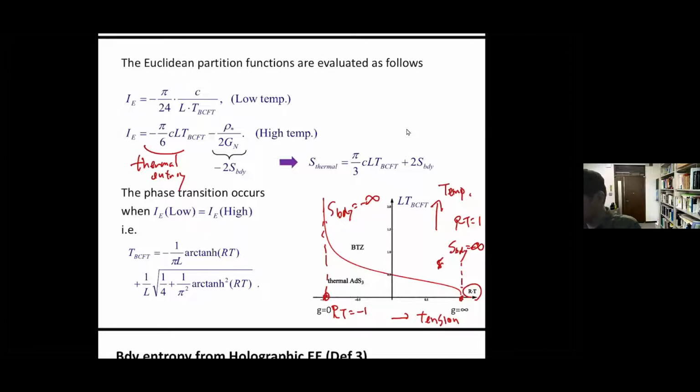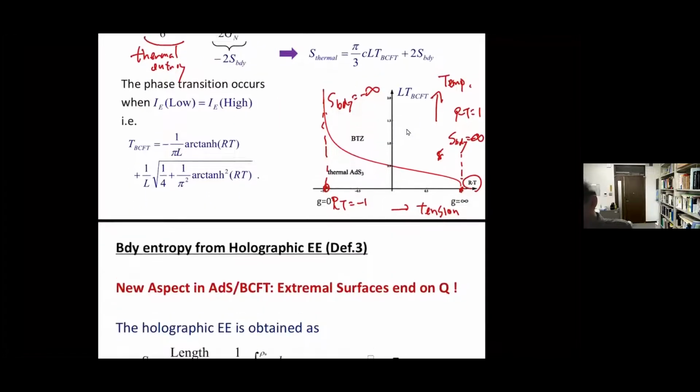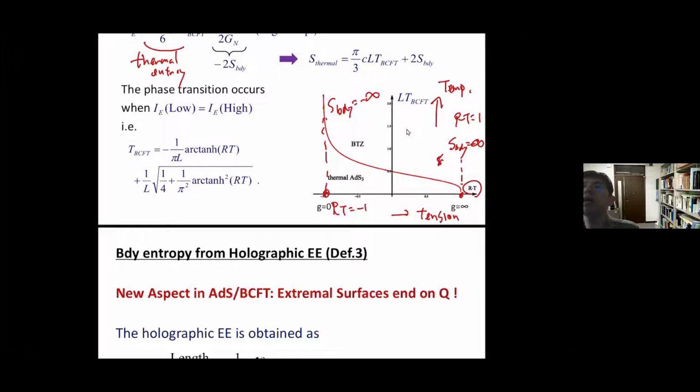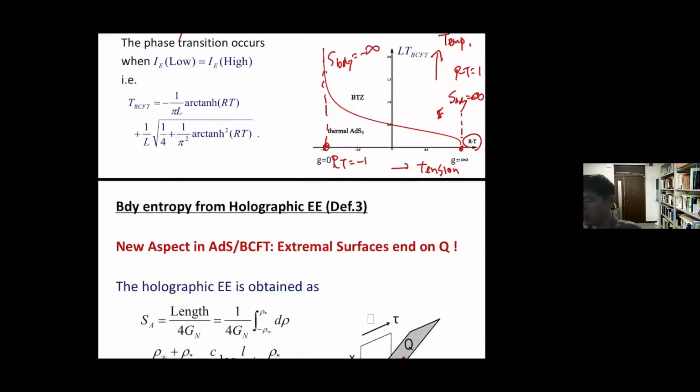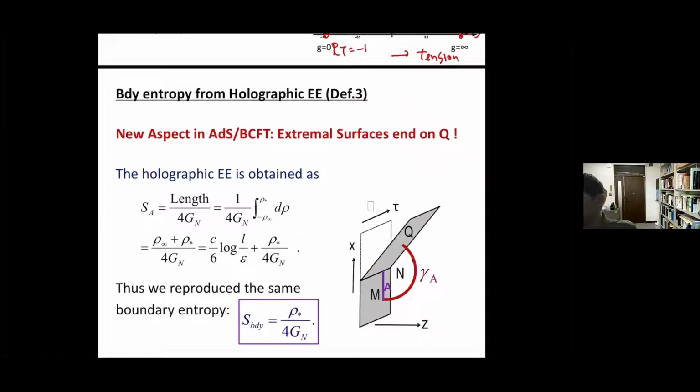If the boundary entropy is very small, for quite a long time thermal AdS is preferred, because the number of degrees of freedom is very small. After that, at quite a high temperature, the BTZ phase appears. You can confirm this, and indeed for this phase transition temperature you can get an analytical formula. Okay, so these are the gravity duals of the annulus. Then I would like to go to the final definition of boundary entropy